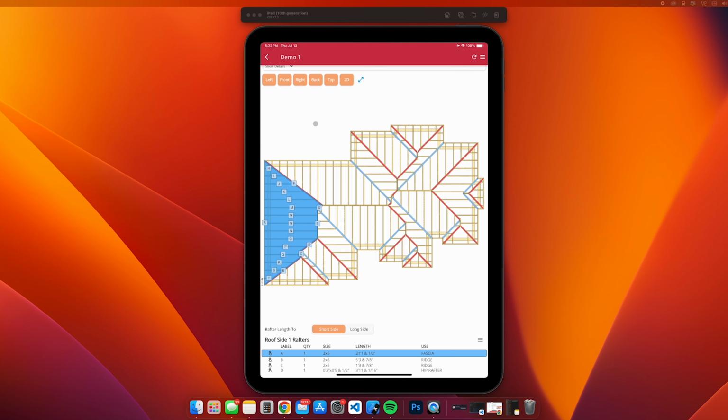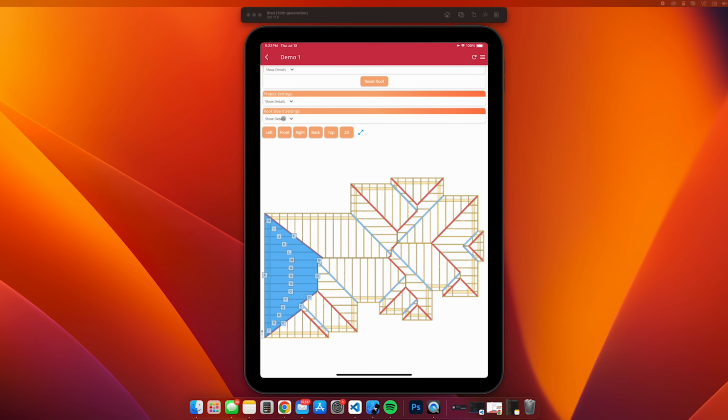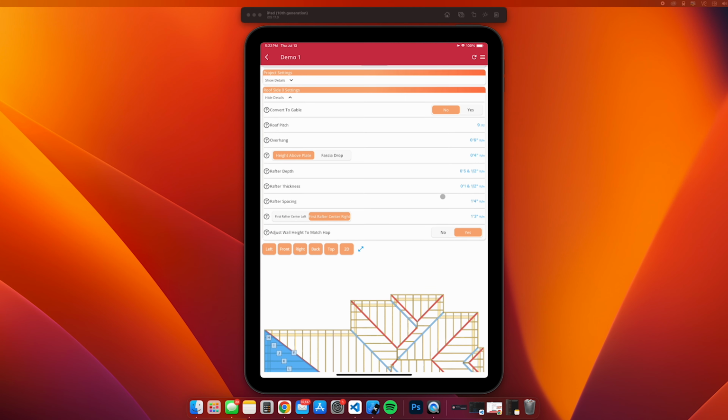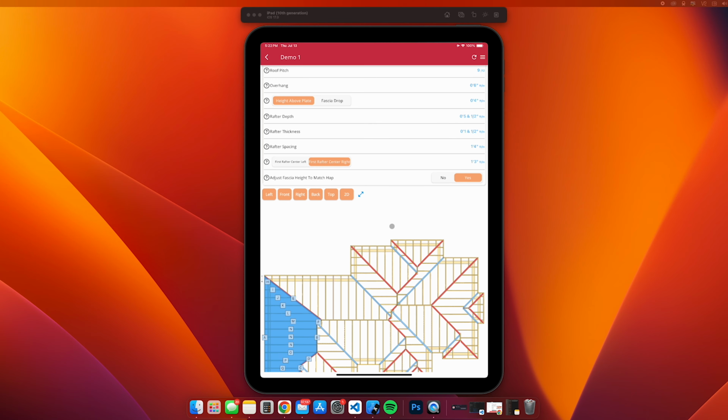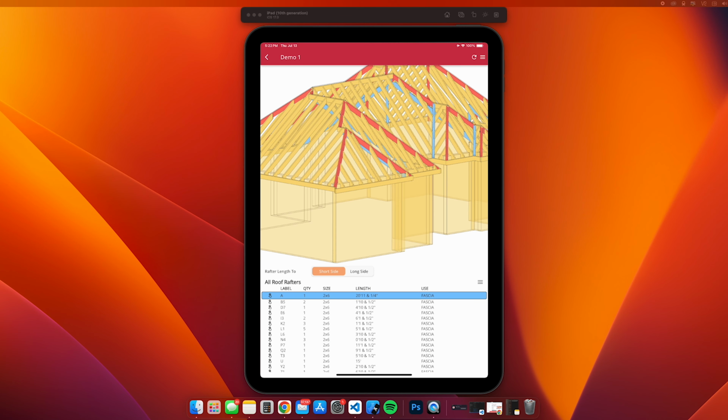Select this roof side again. We're going to open up the roof side 0 settings. And now we're going to set the adjust wall height to match height above plate to no. And now the app automatically adjusted the adjust fascia height to match the height above plate to yes. So let's have a look at what that did. So if we zoom in here,